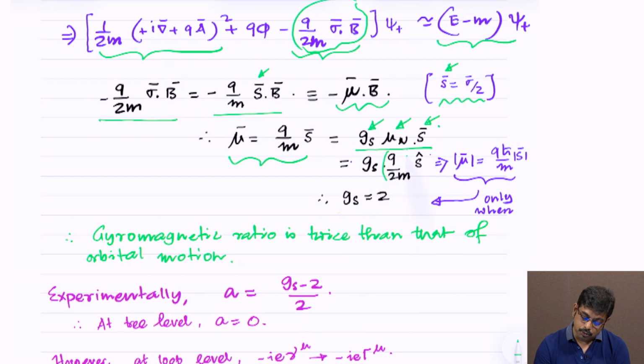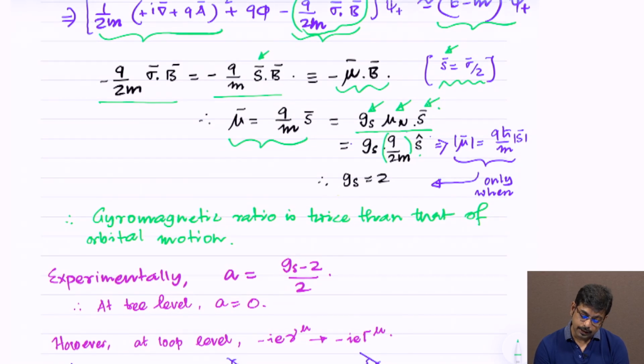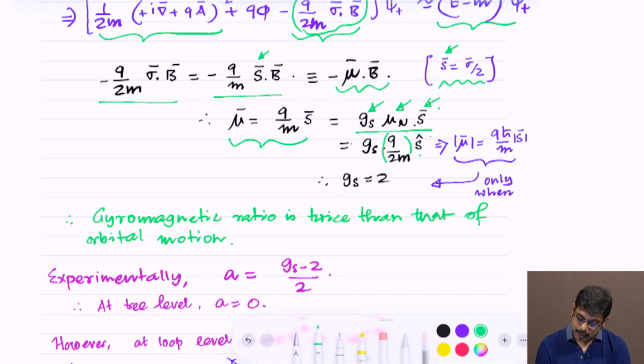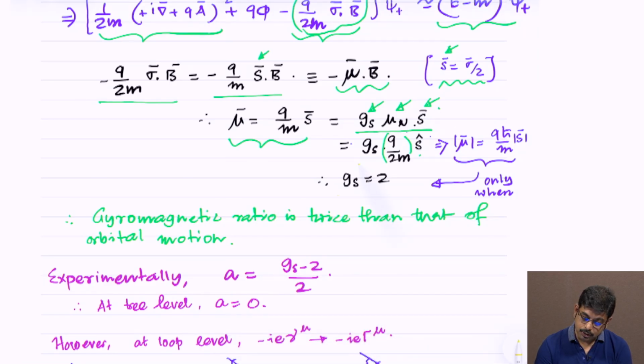Mu n was q by 2m. So Gs into q by 2m into S is nothing but q by m into S, which concludes that the spin g factor